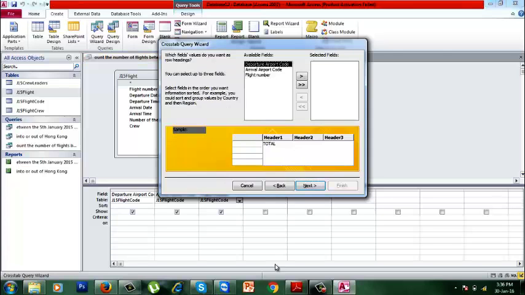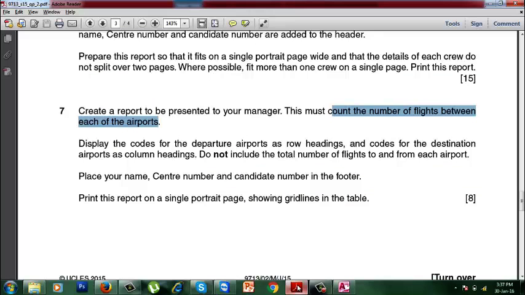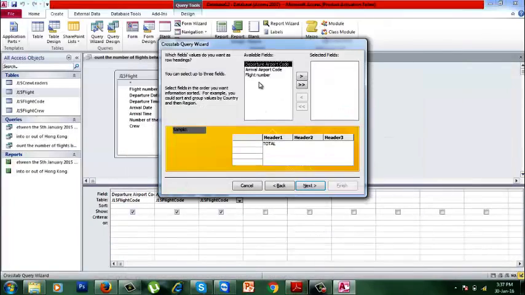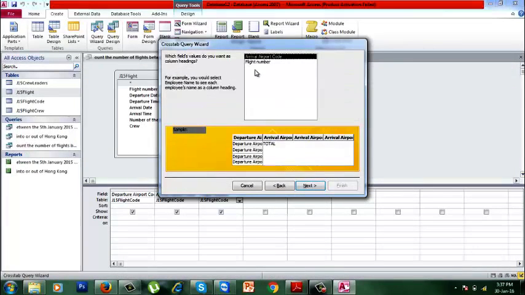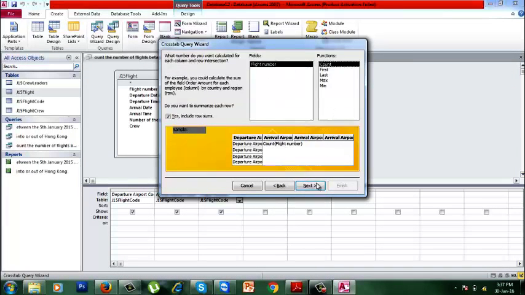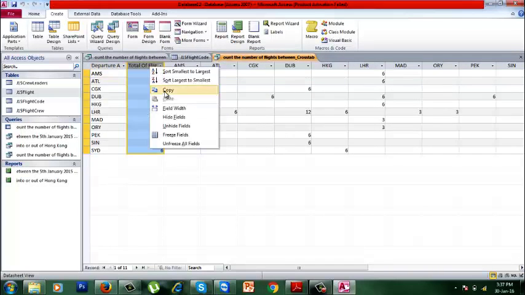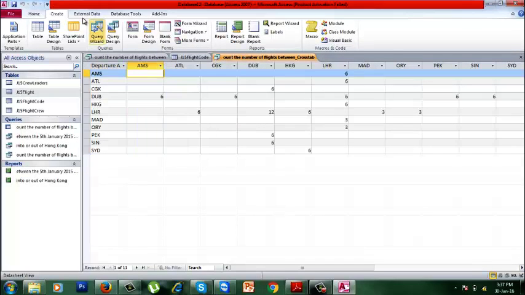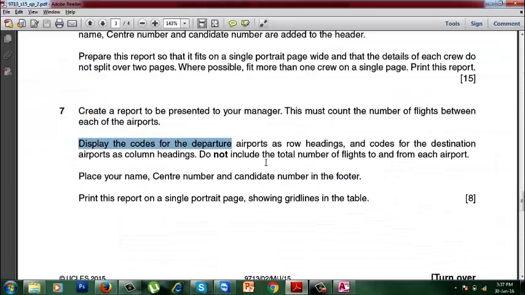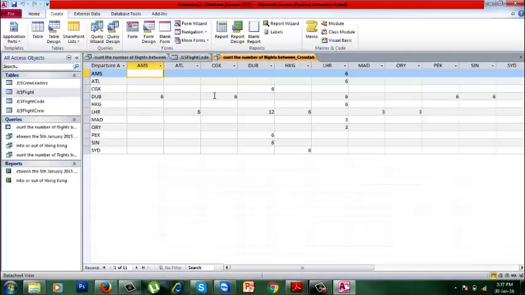And I want again departure airport as row and column this, and I would like to count. Here you go. And I don't need this, so I will hide this. Display the code for the departure airport as row heading, fine. Print this report in single portrait format showing the grid lines. So what I need to do basically is